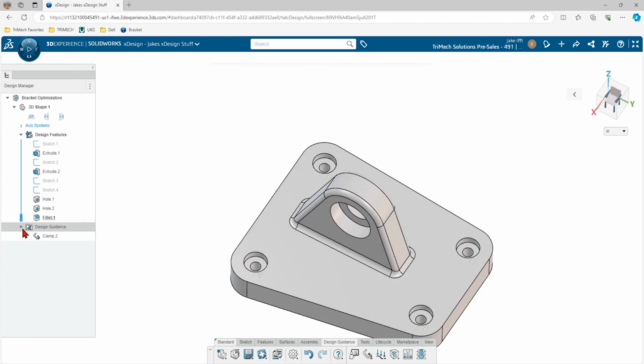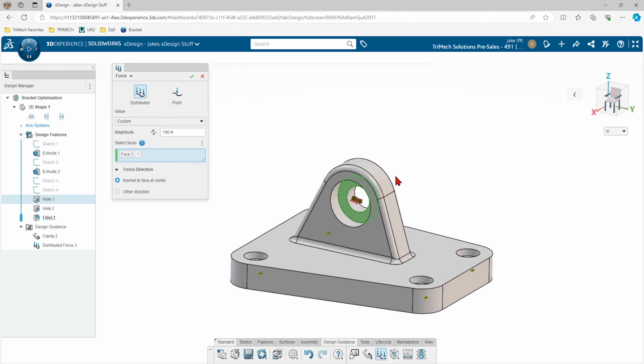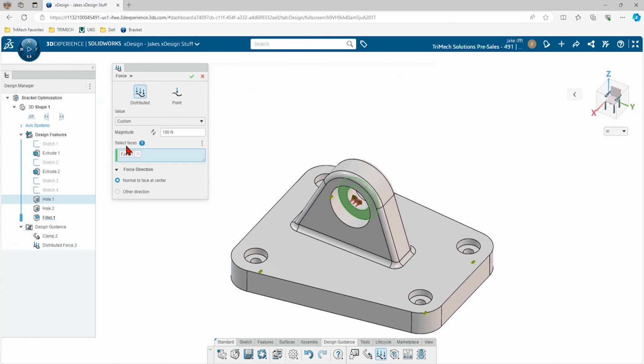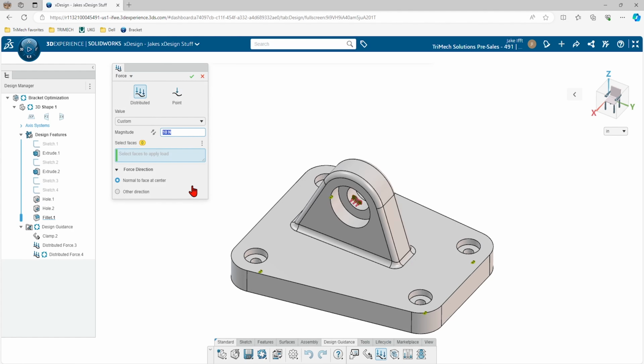There's a feature tree that gets kept along with this study, so you can come back in and edit anything if you need to. I'm going to add a force, as I said before. Let's add 100 Newton force to this face here. Maybe it's like pushing that way. You can see the little on-screen arrows to show the forces applied. I'm going to add a secondary force. You can have multiple clamps, forces, and fixtures depending on what the model needs.